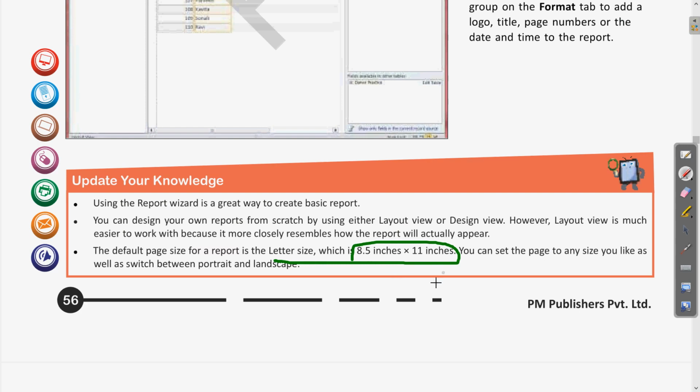Clear? So this is about the specification of the report generated. By default we can also change it. This can be changed into any of the page sizes, and the landscape and portrait modes can also be changed.